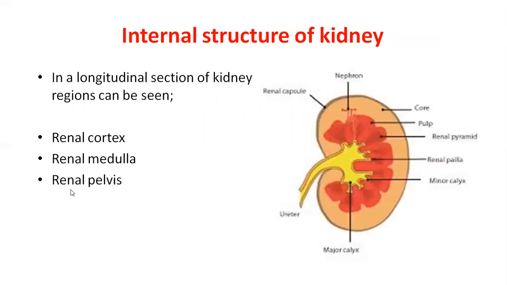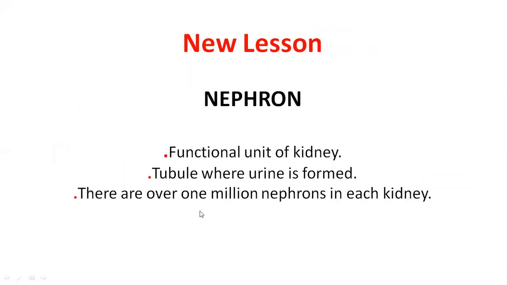And then we also talked about the internal structure of kidney. If we study the kidney internally, 3 main parts are there. First one is the renal cortex, the outer one, and then there was the renal medulla, the part present inner to the renal cortex, this one. And then there was the renal pelvis. It was situated like here, where all the urine was actually draining. So that was a recapitulation of the previous lesson.